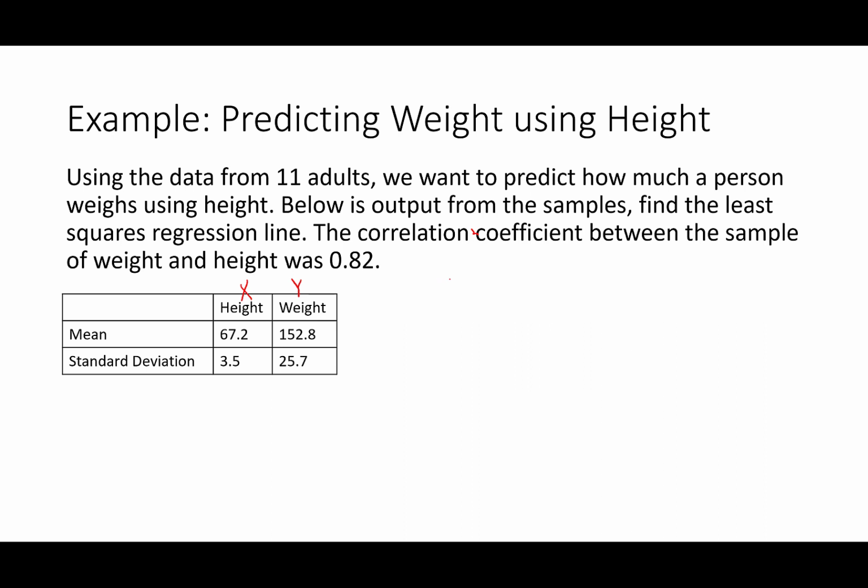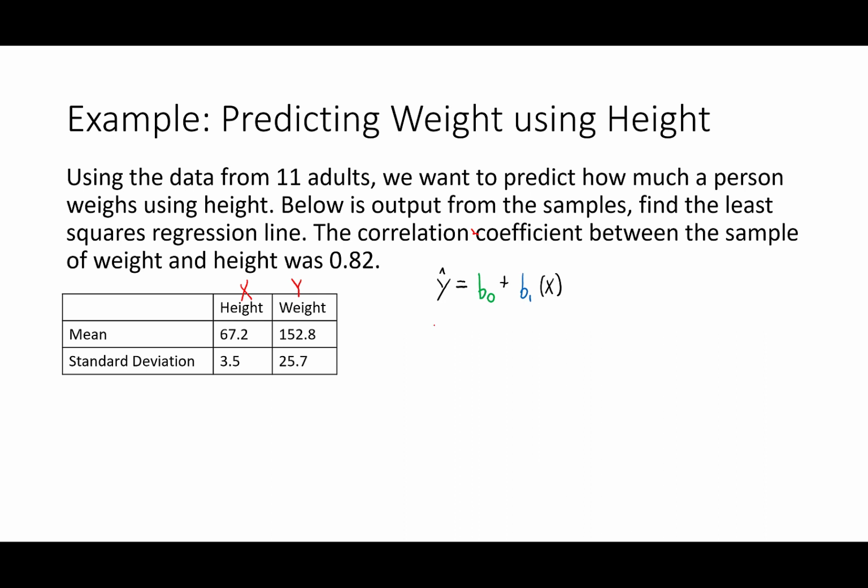Our line of best fit would be y hat equals b0, which is your intercept, plus b1, which is your slope, times x. Right, so to find our slope,